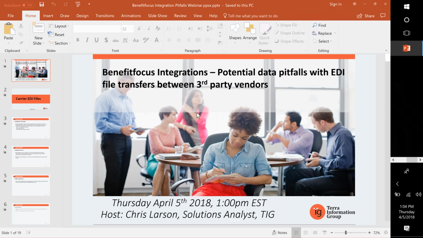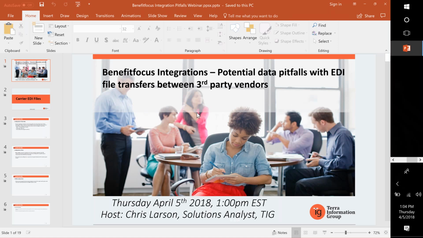My current role, actually, I do have another job where I am a database administrator and data analyst for a CSR platform. So a lot of what I do is related to payroll or carrier or HR files on a daily basis. Some of the things that we're going to look at here are specific to the Benefit Focus platform and the third-party vendors that clients may have, such as a payroll vendor or